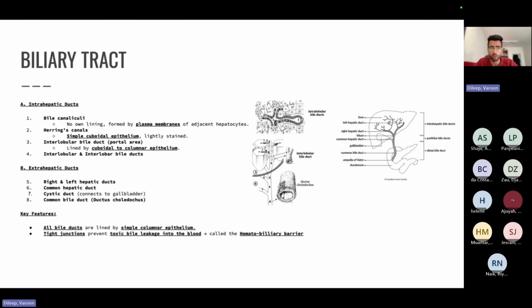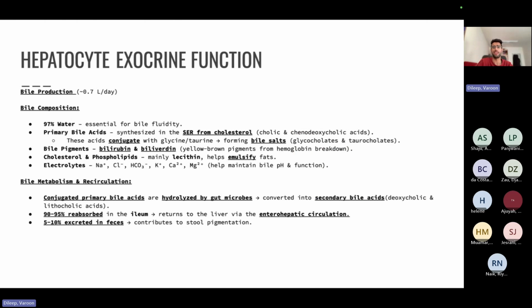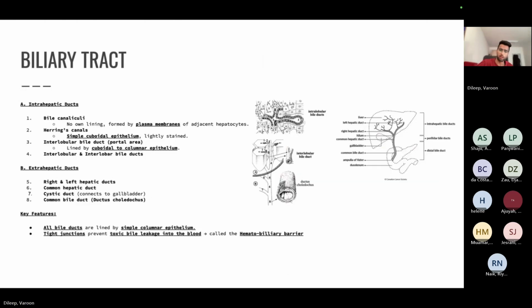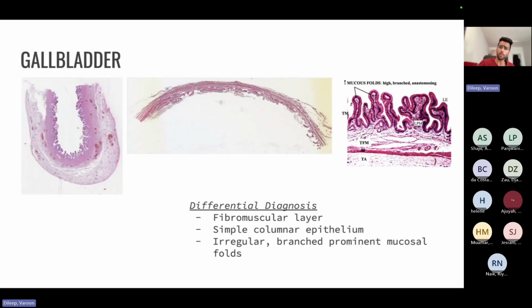So, guys, do you have any questions about the bile production or the hepatocyte functions? No, so we'll move on to the last slide for today, which is the gallbladder. So first of all,